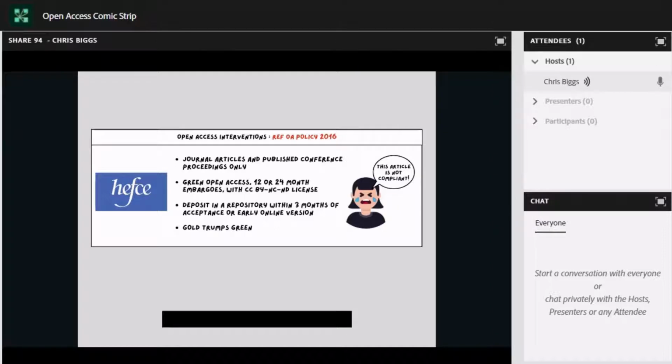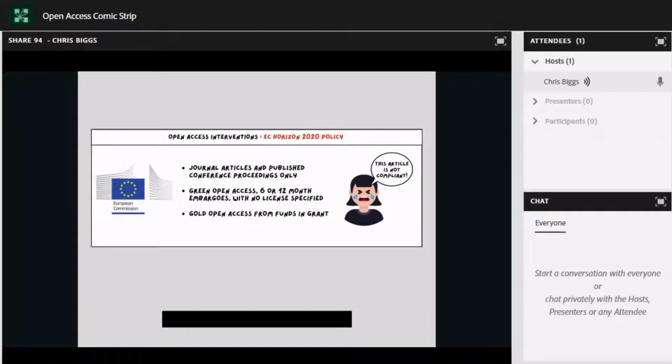The REF policy introduced an exception for gold open access, which basically trumped any requirement to do green open access. The policy had a high required compliance rate, with only 5% or 1 paper per unit of assessment being tolerated. Books and book chapters were out of scope. The policy was largely successful in getting REF publications compliant with the policy. However, just because something was compliant with the policy didn't make it open access. If you add a paper to a repository with a 24-month publisher embargo, that was compliant, but that's not immediate open access.